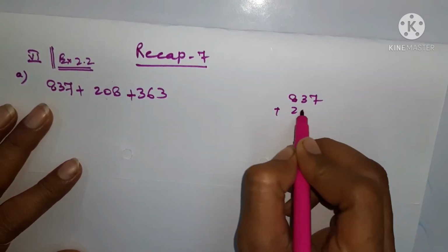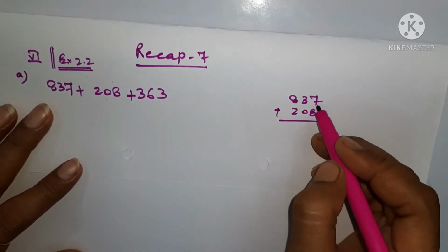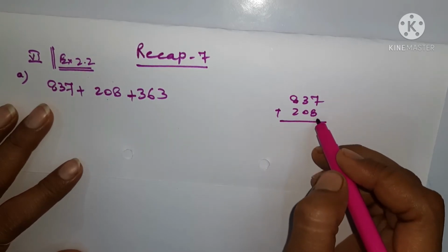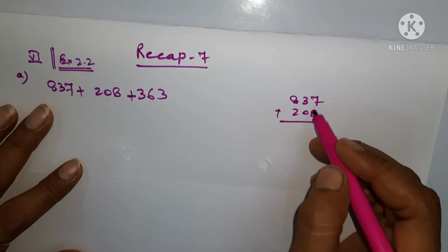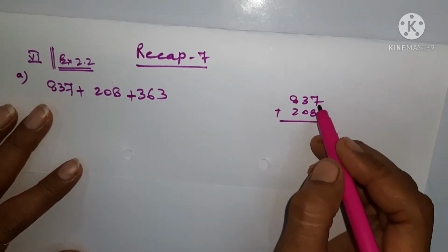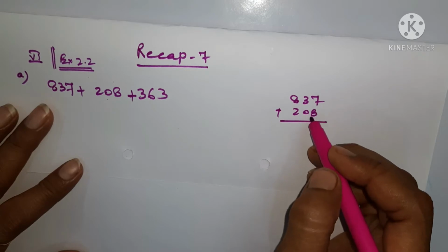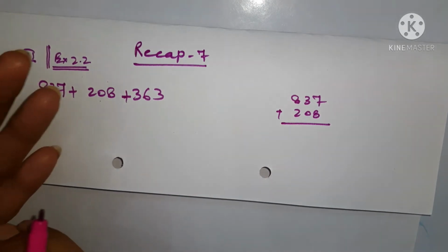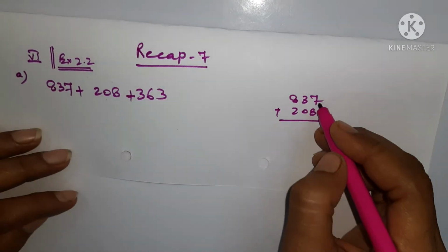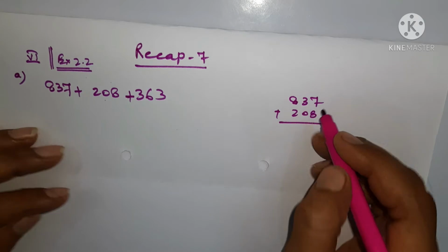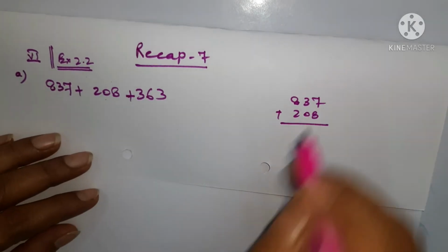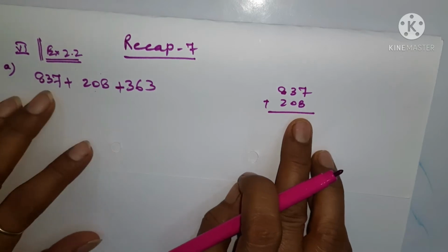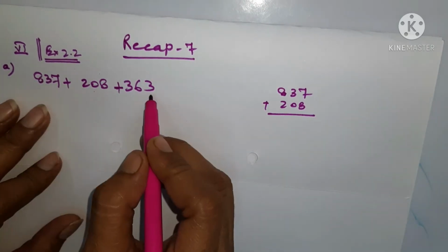837 plus 208, then what we are going to do, we will just go on adding these two unit places numbers first, right? So it will give you a result, though it is easy, but still it is a little tedious. Some students will add on fingers, some students will start thinking what it is going to give, some students will do like this. Okay, so to avoid this type of addition, what we can do, we have to just check which unit places